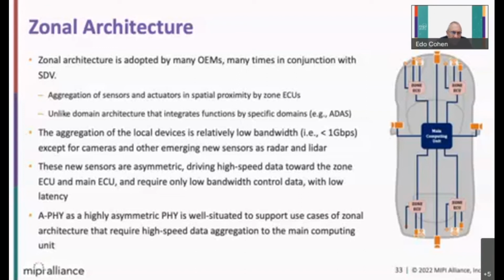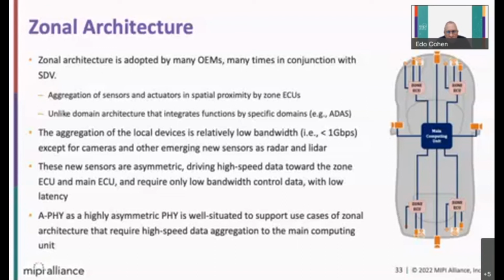center of the car. And please forgive my low drawing capabilities, but this is a very schematic diagram just showing the main concepts.